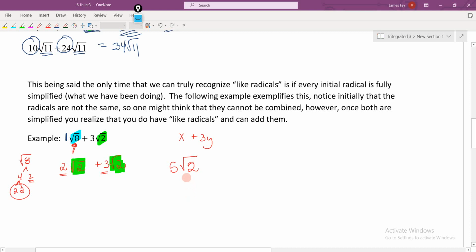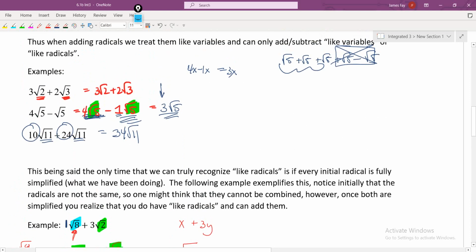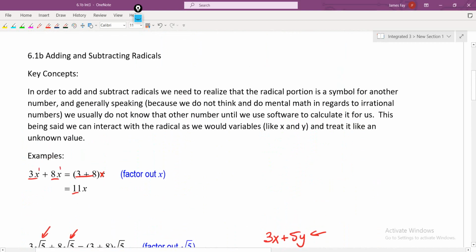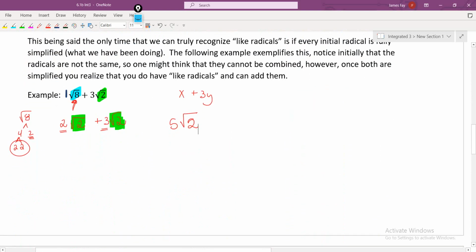So the idea here, and we have to do that up here because 2 and 3 are already prime, 5 is prime, 11 is prime. These examples up here, 5 was prime. So if you've got a composite number underneath the radical, you've got to make sure that it's fully simplified before you start adding or subtracting